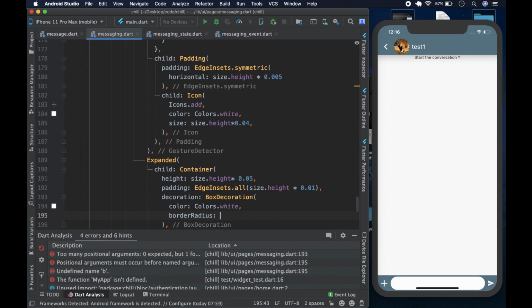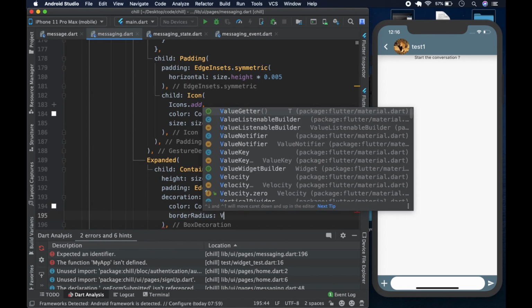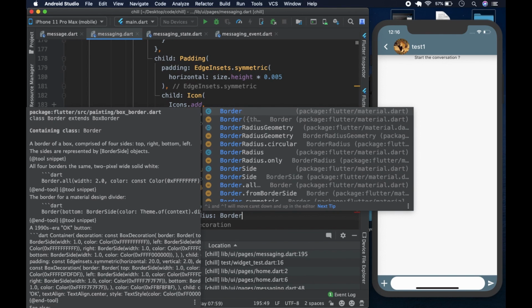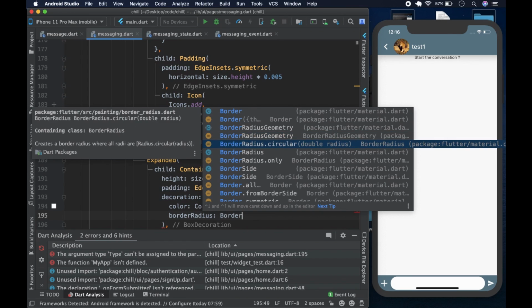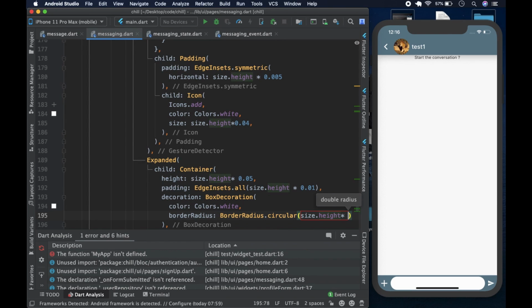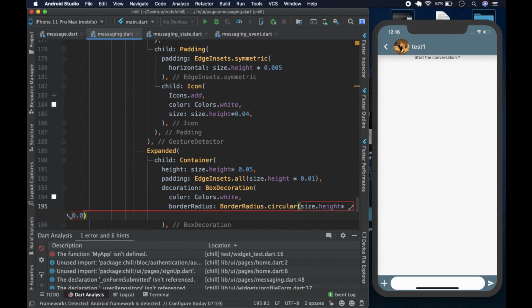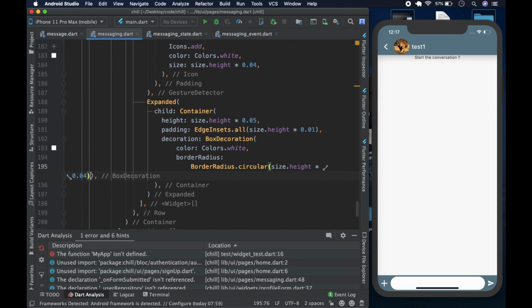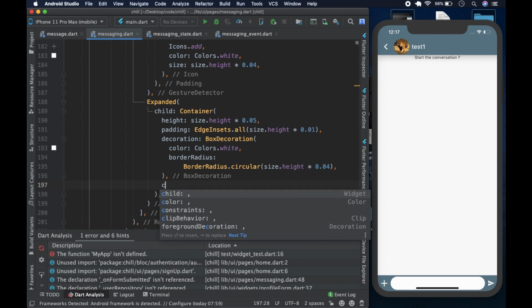The border radius is going to be BorderRadius, you can see it, Radius.circular over here, BorderRadius.circular, and the radius is going to be size.height, and we're going to multiply this by 0.04, I believe, like so. We're going to save that, give ourselves a few more commas like so that it can space itself out. And at the end of the BoxDecoration, in the container, we're going to have